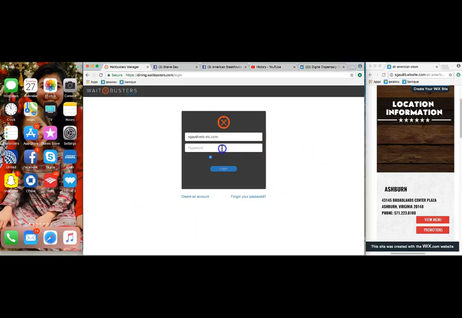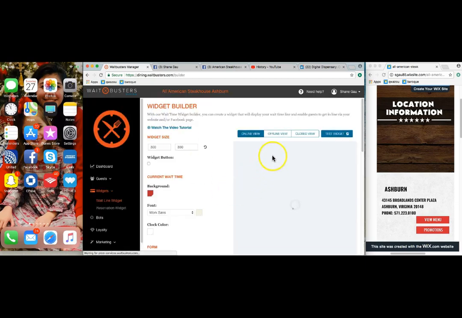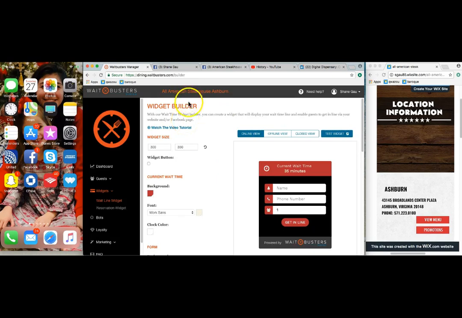Okay, so I'm going to log in to the site. And the first thing I want to take a look at is our widget builders. So here in the middle, you can see our Waitline widget builder. These tools enable restaurants to manage a wait line, and as you can see down here, also reservations experience from their website, social media pages, Facebook chat box, Alexa, and of course from the restaurant's physical location, eliminating overcrowded lobbies